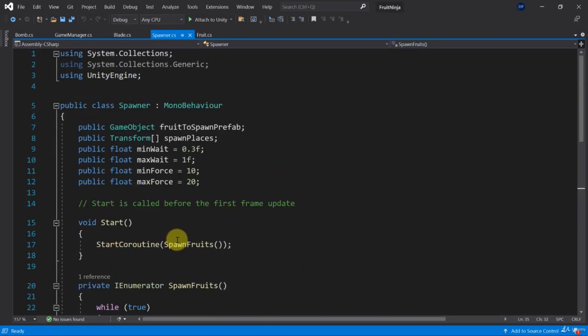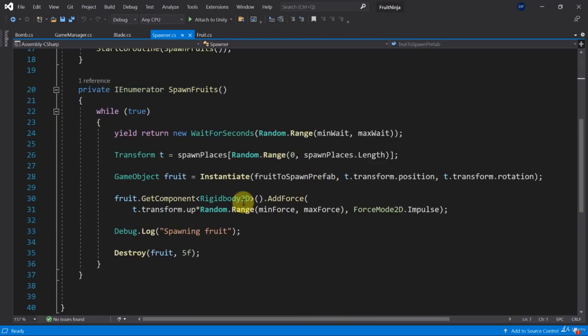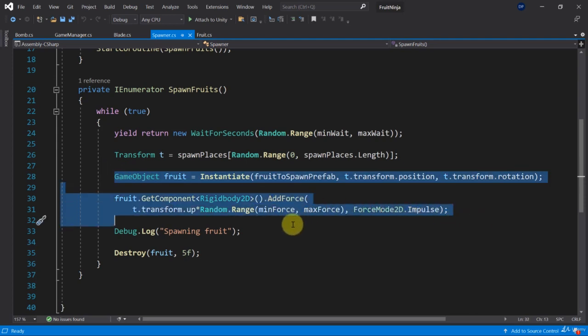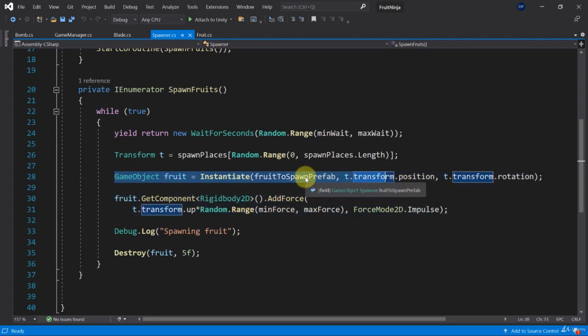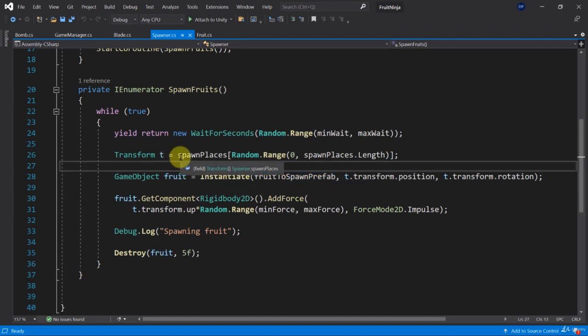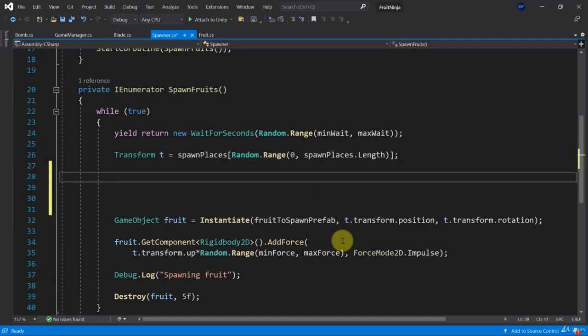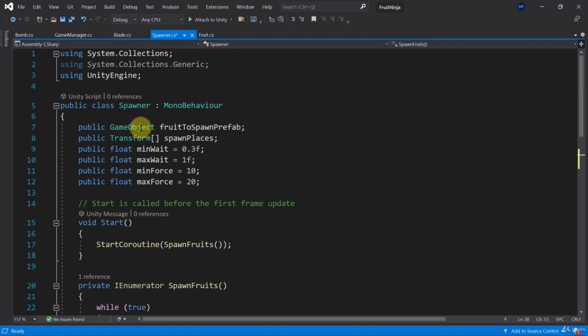look at it, we are spawning fruits in here. So we have this game object, fruit to spawn prefab. Then we are spawning prefabs here. So we spawn the fruit to spawn prefab here. But now what we want to do instead is we want to make sure that we can spawn multiple different fruits and that we can spawn a bomb. And the way we are going to do it, or at least I'm going to do it, is I'm going